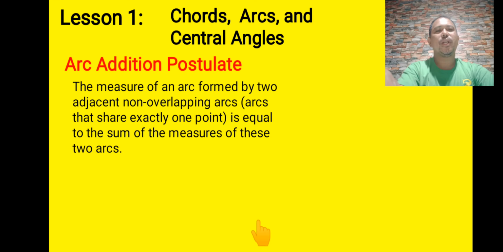The measure of an arc formed by two adjacent non-overlapping arcs, which are arcs that share exactly one point, is equal to the sum of the measures of these two arcs. So to explain further, I will give you a